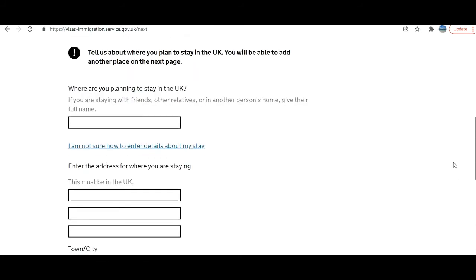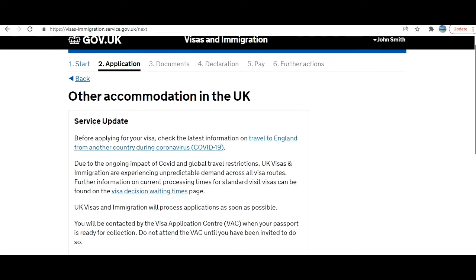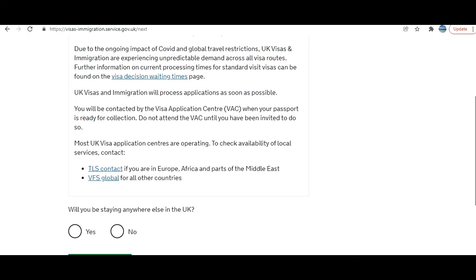Where are you planning to stay in the UK? Okay, so I'm going to include London, and I'm going to include some hotel details here, but I don't know any, so I'm not sure if I'll be able to go through the next page or not with the sample values, but I'll give it a try. Okay, so my answer was accepted. I just said London hotel. I put a random number in